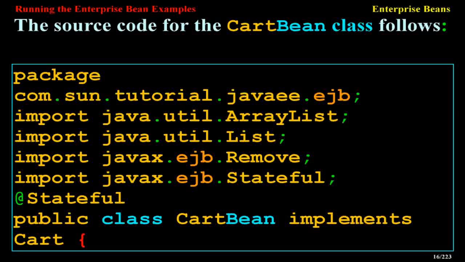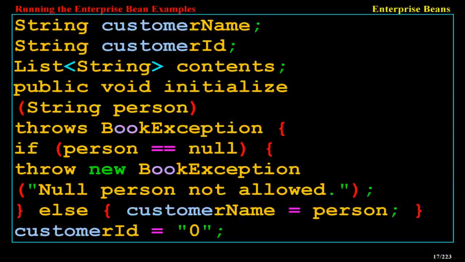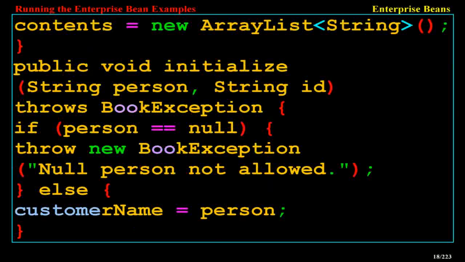@Stateful public class CartBean implements Cart { String customerName; String customerId; List<String> contents; public void initialize(String person) throws BookException { if (person == null) { throw new BookException("Null person not allowed."); } else { customerName = person; } customerId = "0"; contents = new ArrayList<String>(); }